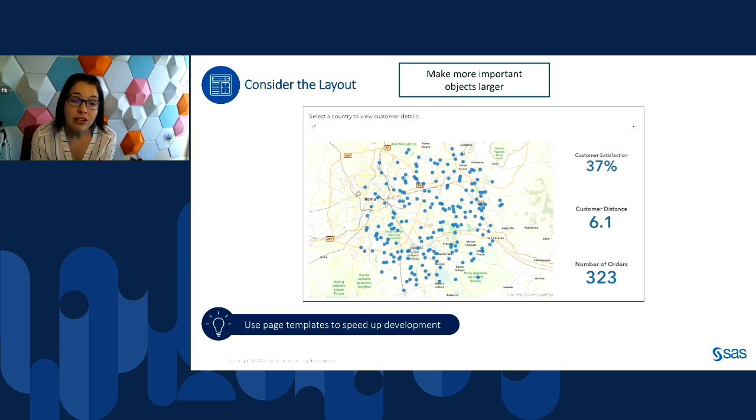So in this case, notice the geomap is very large. So the viewer will spend more time focusing on the geomap than the other objects on the page. The placement of the objects is also important. So in this case, notice the geomap is on the left side, and then the details